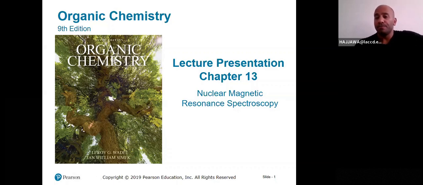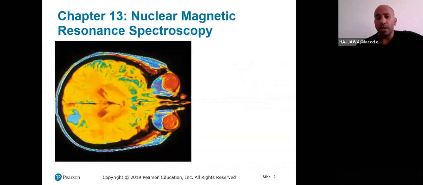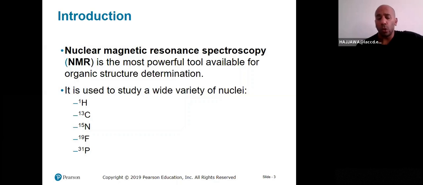Chapter 13, Nuclear Magnetic Resonance, NMR. This tool is a very strong one when it comes to figuring out the structure of a chemical formula. When I have an IR spectrum, I can tell what functional groups are in that compound, on that chemical formula that I'm asked to predict the structure of. But if I'm given the proton NMR or the carbon-13, I'm going to get closer to what the structure is in terms